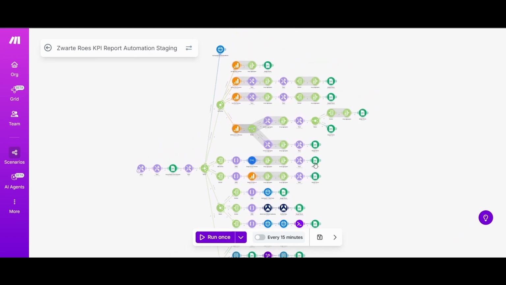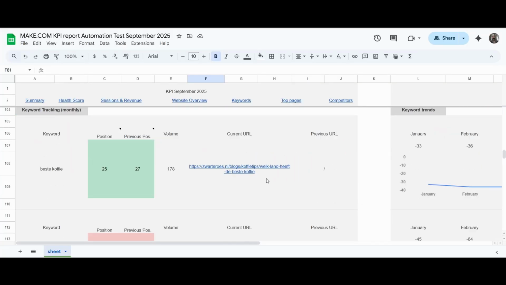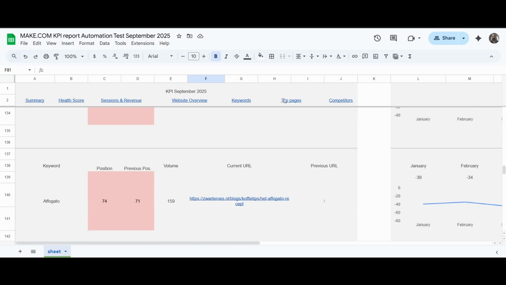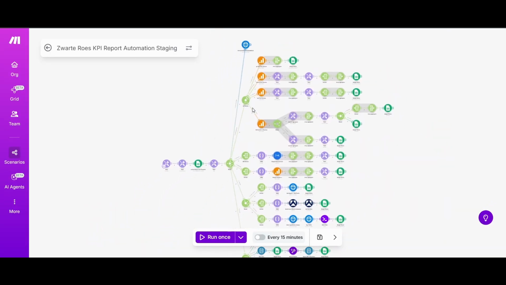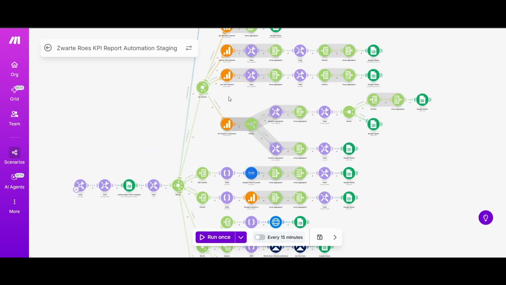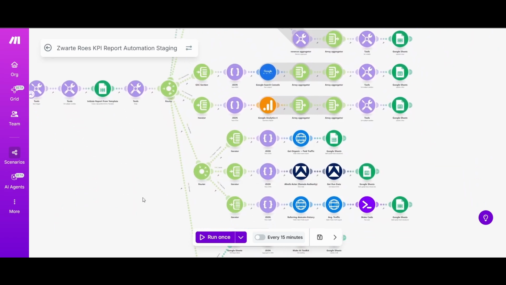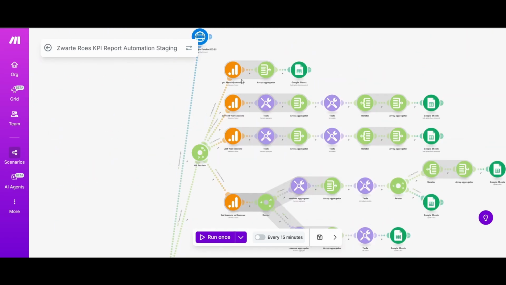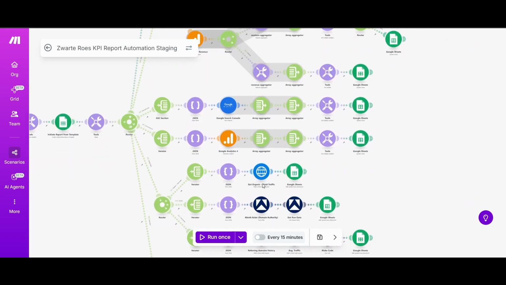human error. It's extremely useful for SEO and digital marketing agencies, as well as business owners who manage their own online presence. Overall, it's a pretty comprehensive setup, around 90 nodes after optimization for token efficiency. The architecture is modular, meaning each branch handles its own section of the report. The key modules powering this workflow include Google Analytics, Google Search Console, Data for SEO, Google Sheets, Apify, Make Code,